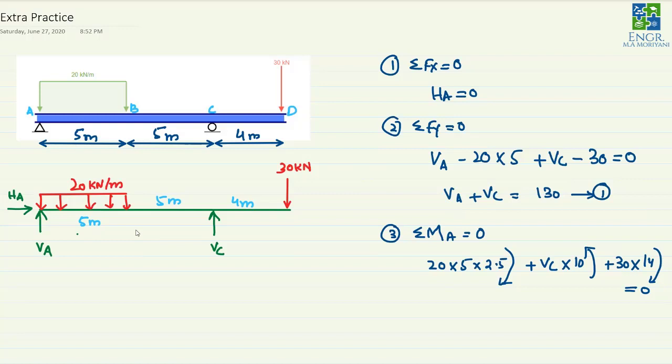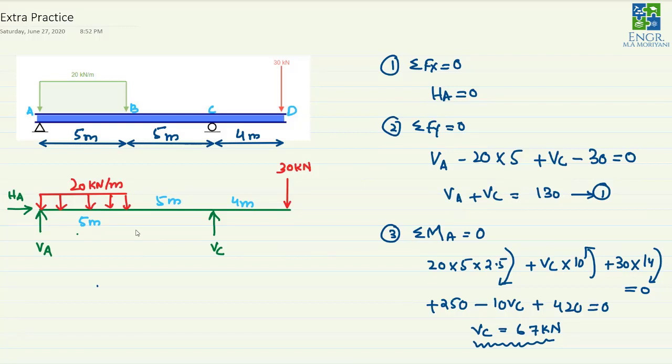And when we will be solving that, this will be 20 multiplied by 5 multiplied by 2.5, this will be 250, and this will be positive because this is clockwise. This will be minus 10 Vc, and then this will be plus 420. This all is equals to 0. So Vc we can get from this, Vc is equals to 67 kilonewtons. So we got the value of Vc, and if we will put the value of Vc in our equation